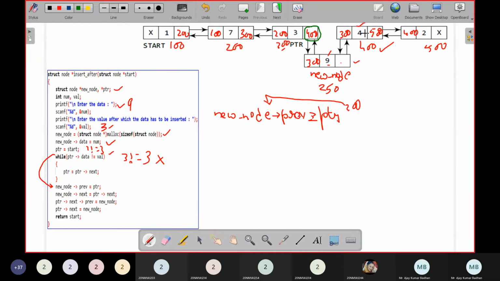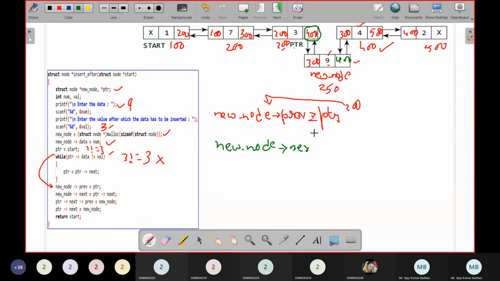And in this node, the previous block, whatever you have, that I wanted to replace. I just wanted to write it here, right? So if you see here, pointer next block consists of the address 400. So I think you people know how to get a 400 here, isn't it? How can we get a 400 right now? So new node